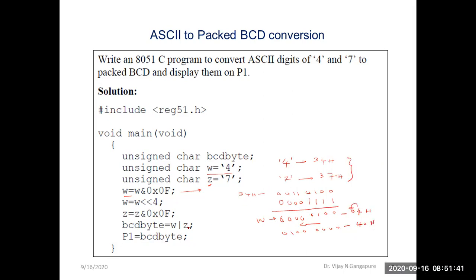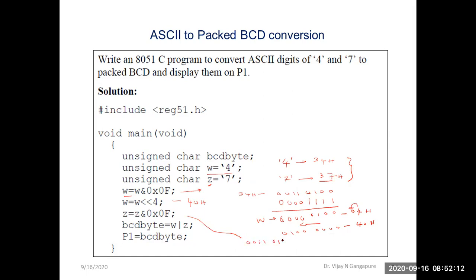Okay, so this thing will happen. So that means what is the available value in W? That is 40H. Okay, now next, Z is equal to Z bitwise AND with 0x0f. Now what value is in Z? We have the ASCII code of 7, that is 37, in Z. Okay, so in this operation Z we have 37, means